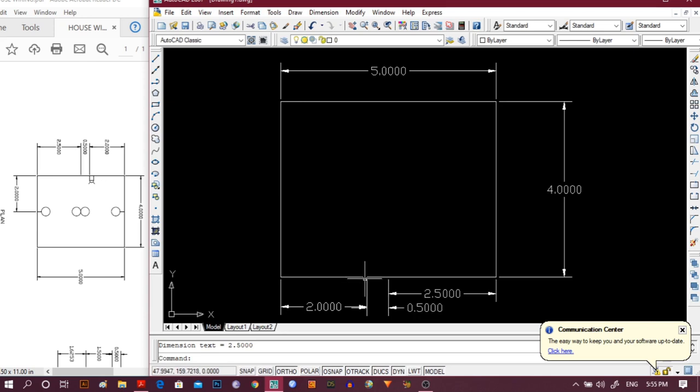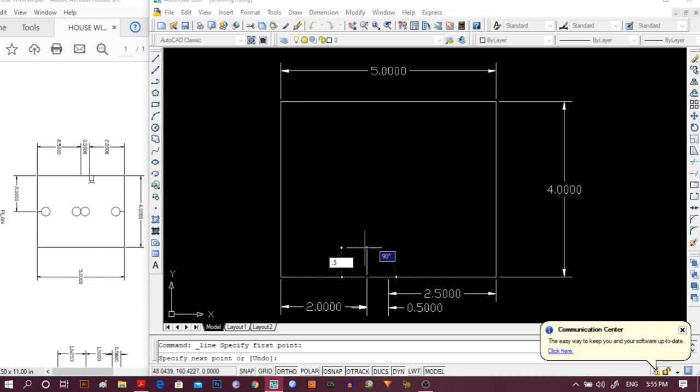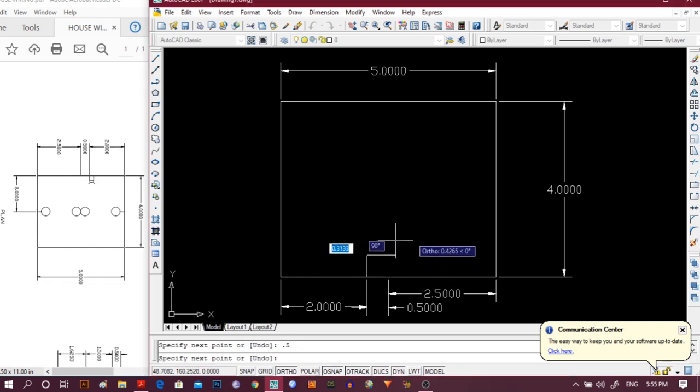Now, leaving that door, we have to make the inner part. So I simply take a straight line and make the inner part. This length should be 0.5, enter. So we make the length here, and again we go to line and make a length here as 0.5, enter. Now the inner part of the door is made.